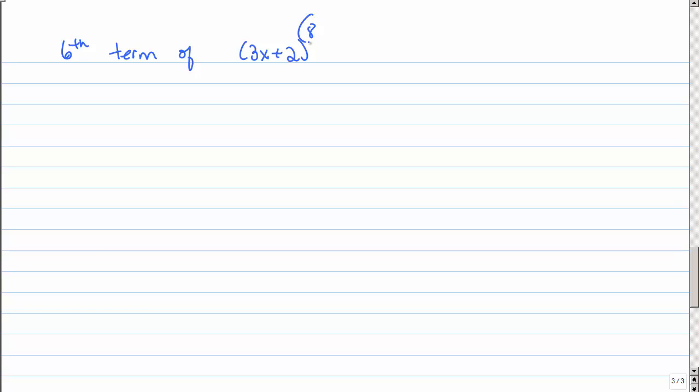First of all, keep in mind the term has a coefficient and then two things, and we have some powers. So I need to fill in all those blanks. Since it's to the 8th power, I know n is 8. Now the sixth term. Well, let's think about that. I know I'm going to have a 3x here and I'm going to have a 2 here, but what's the